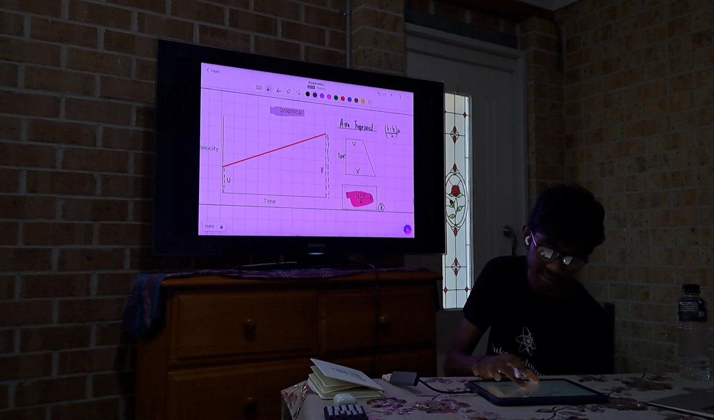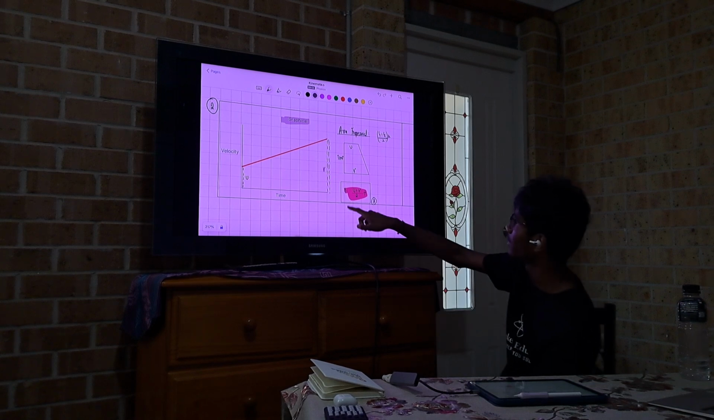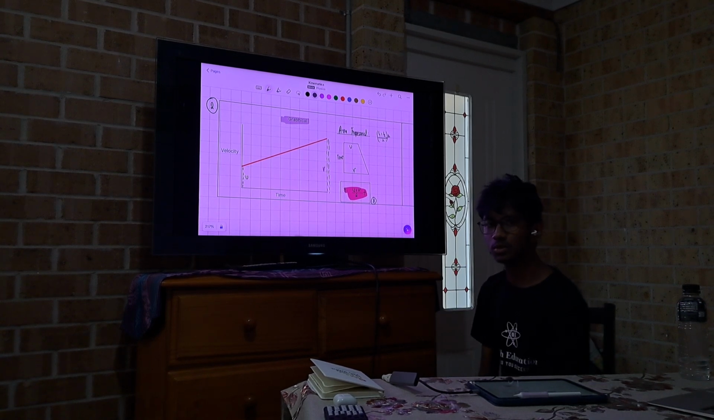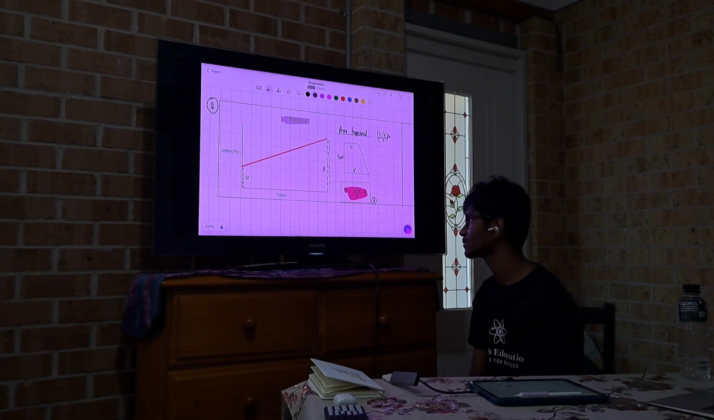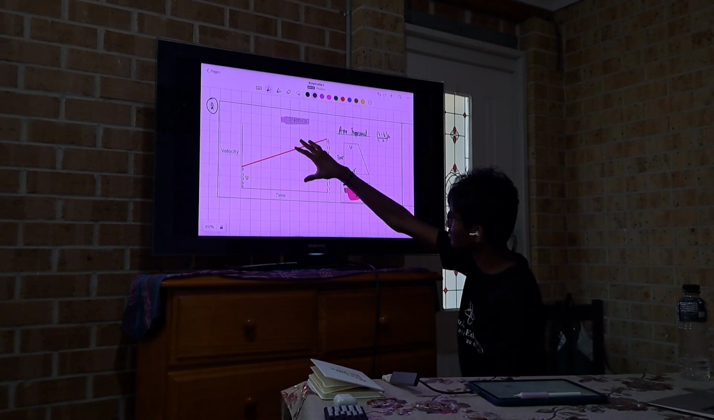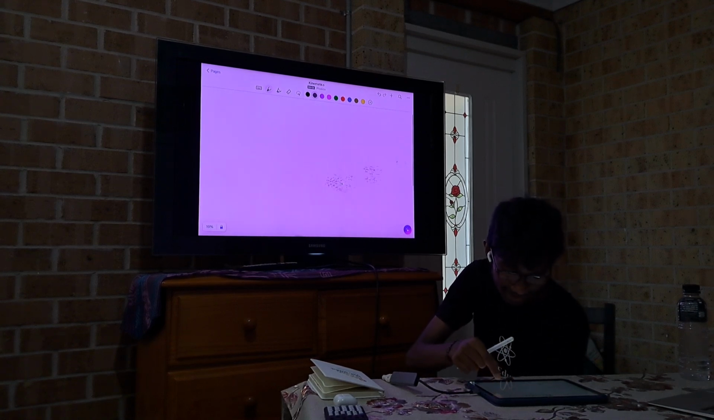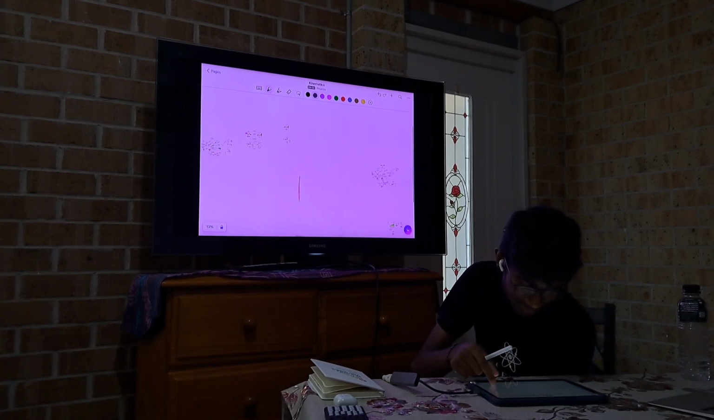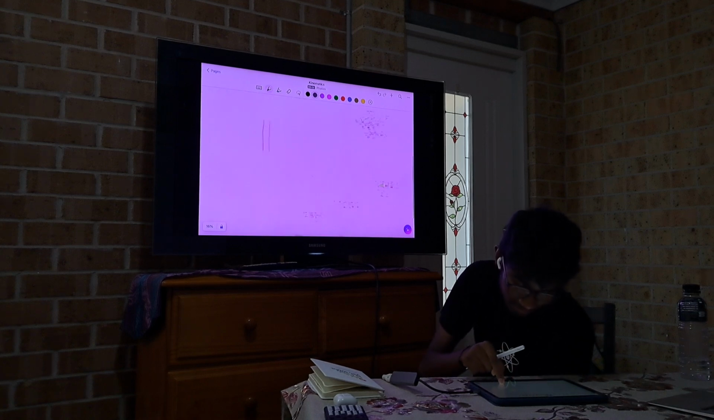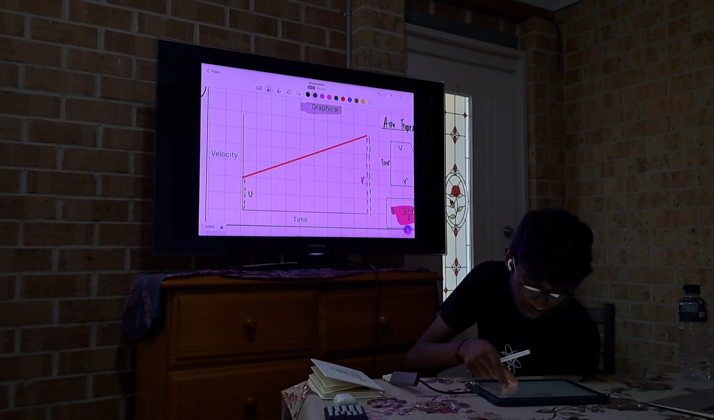Okay, let's look at proving u plus v over 2 times t. That's displacement. Let's look at proving that. Okay, so in a graphical sense, where did I disappear? No, bad boy. Yeah, okay. So in a graphical sense,